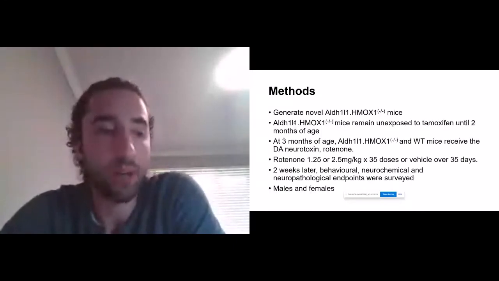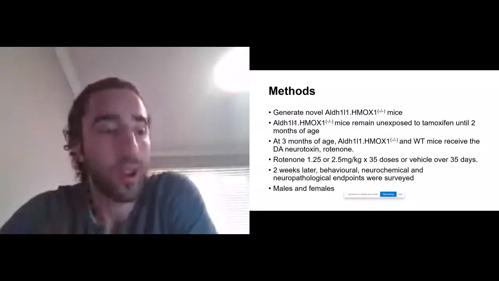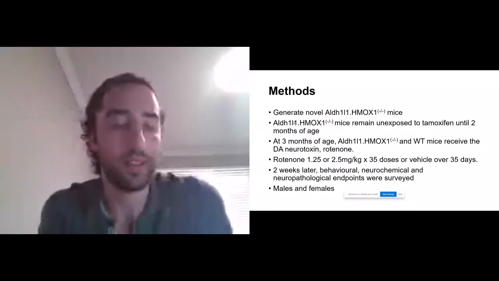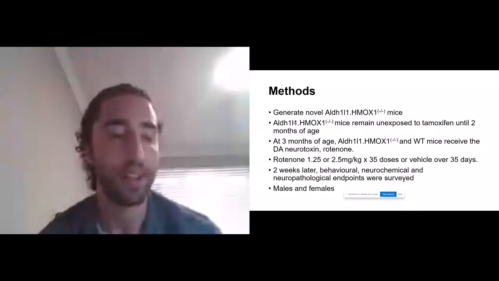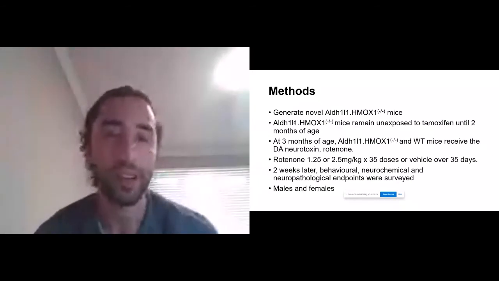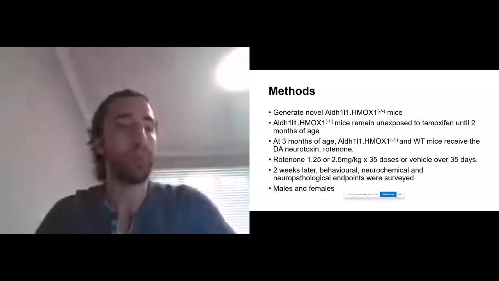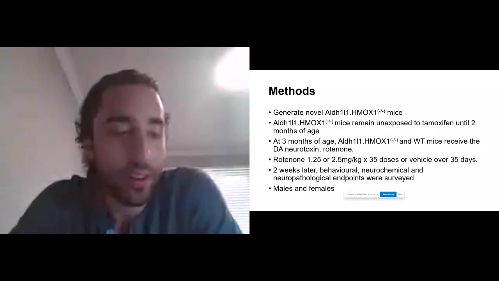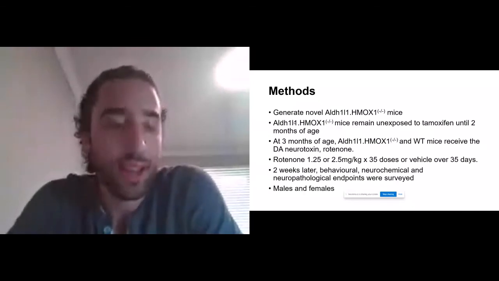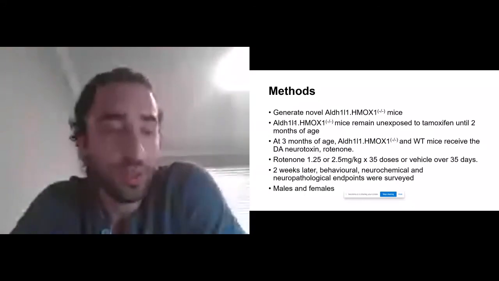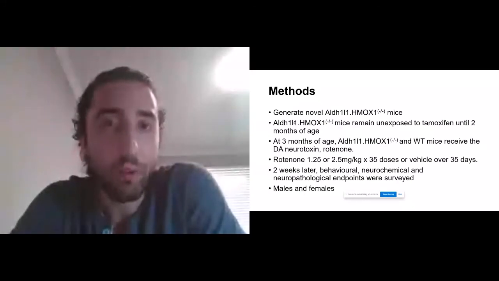The ALDH1L1.HMOX1 knockout mouse, which I'll refer to as the transgenic mouse, expresses a fusion of Cre recombinase and a mutated ligand binding domain of the estrogen receptor, ERT2, under the control of the human ALDH1L1 promoter. When these are crossed with a strain containing a LoxP site flanked sequence of interest, Cre-mediated recombination results in deletion of the target,